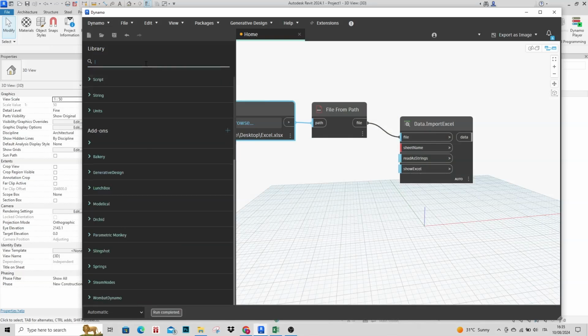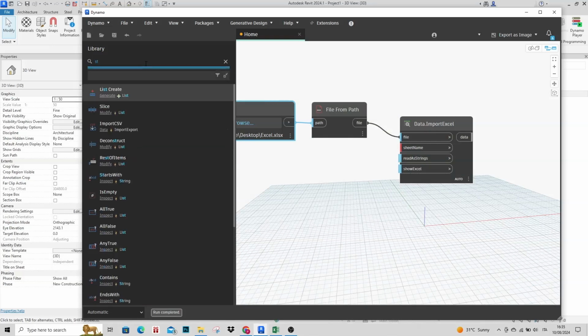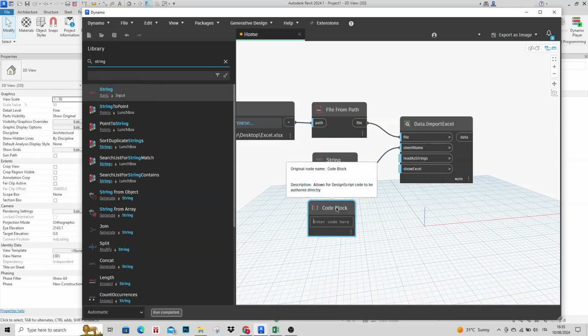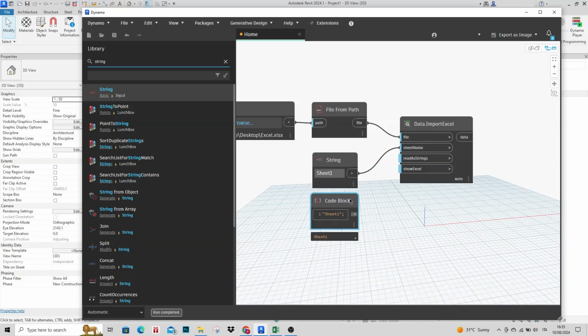So in this case, you can bring out a string, or you can use a double click to bring out a code block and feed it to the sheet name as a string. All right, it's working. These nodes are working the same. All right,